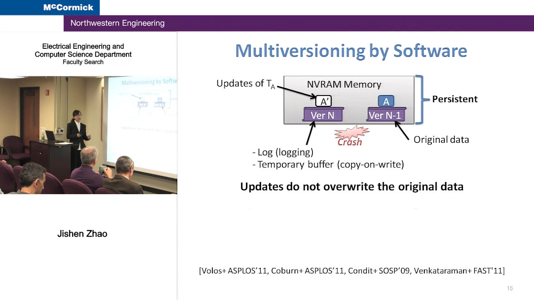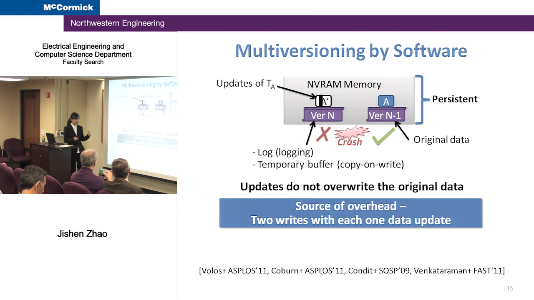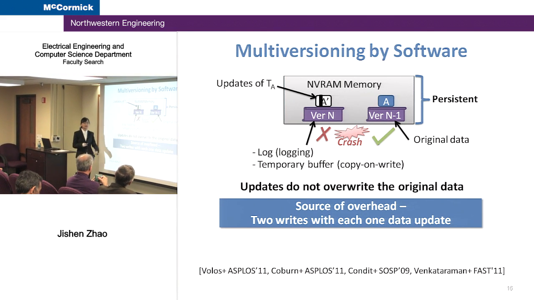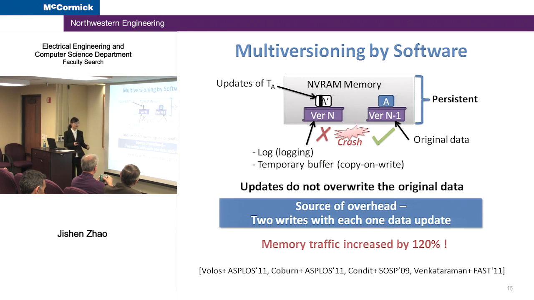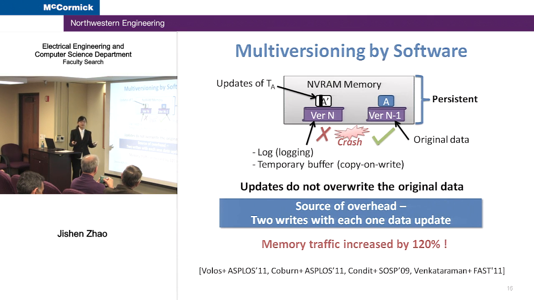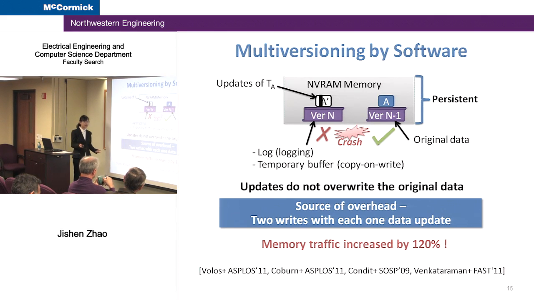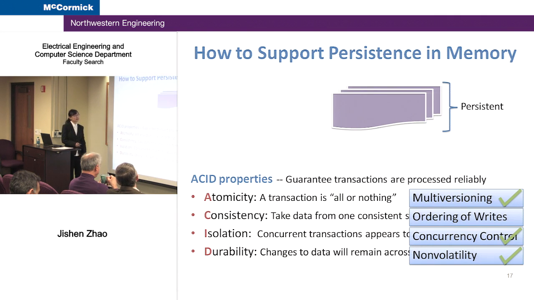But actually, if we think about it, it brings in performance overhead, because now if we need to update one data, we need to do 2 writes to the memory. And actually, we find that it increases the memory traffic by a great deal. Memory is for fast data access. If you increase the memory traffic and introduce this performance overhead, it does not make sense, in fact. And another property is